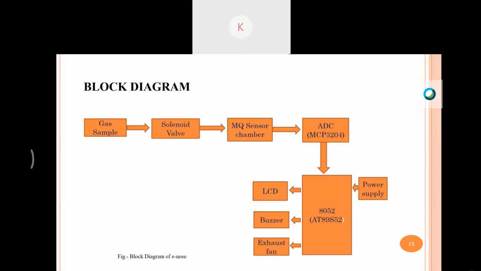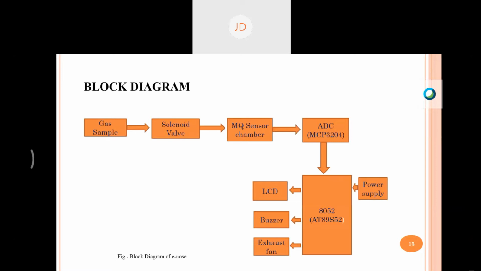Okay. Now I would like to explain the block diagram. As Kalyan has already explained the different components used in our project, I would like to state the organization of the components which builds up the block diagram of our project. First of all, we have our microcontroller 8052, that is AT89S52. It is given power supply by the 7805 voltage regulator, a constant power of 5 volt DC.